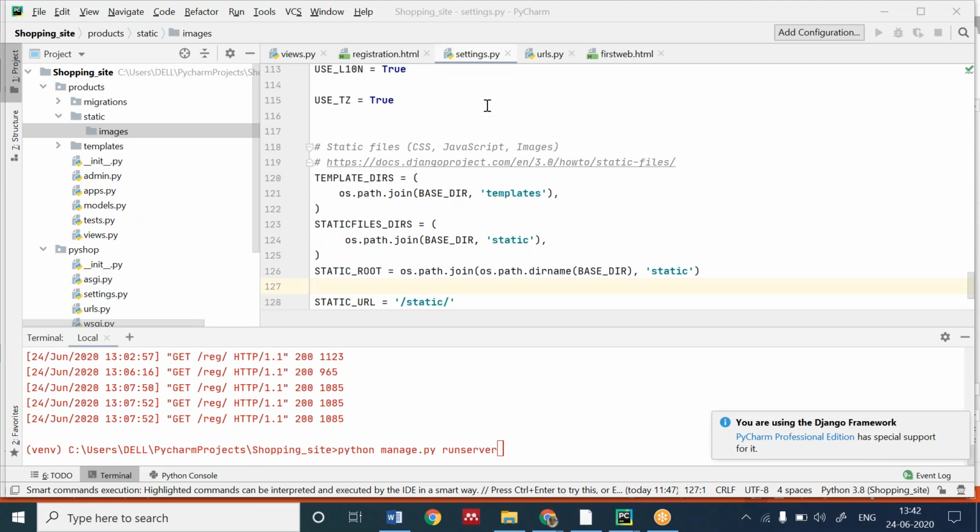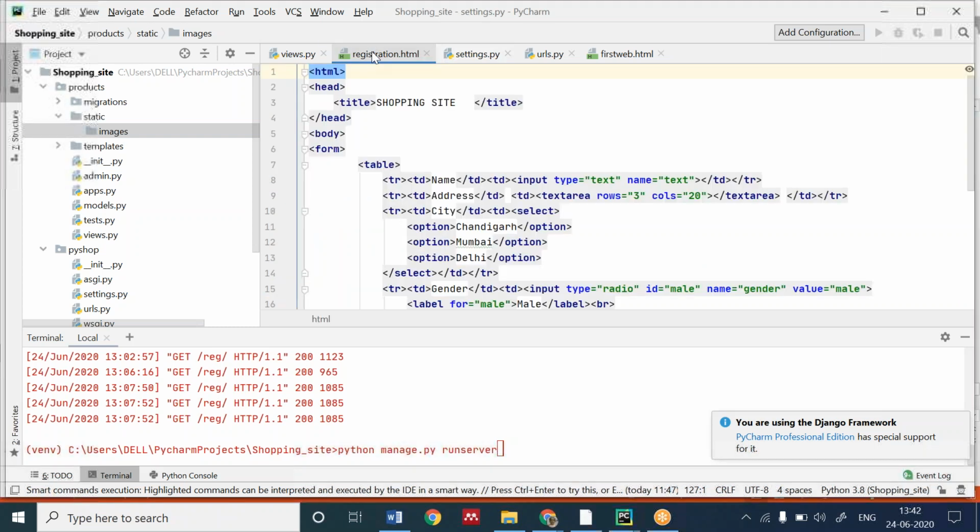Kashish, I'm explaining to you from the starting. Kashish, are you there? You can type yes, because I'm going to explain for you only. If you are there, write Y, so I can proceed. Okay. Kashish, you have created the HTML file.